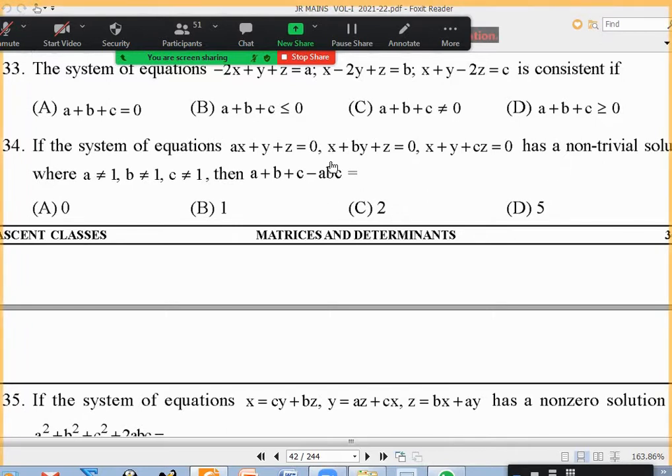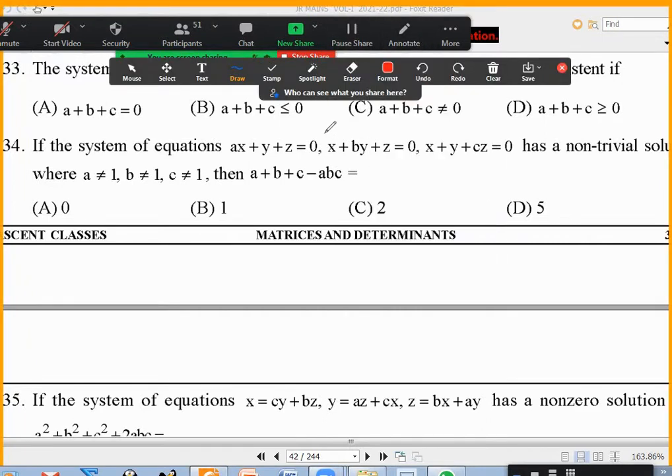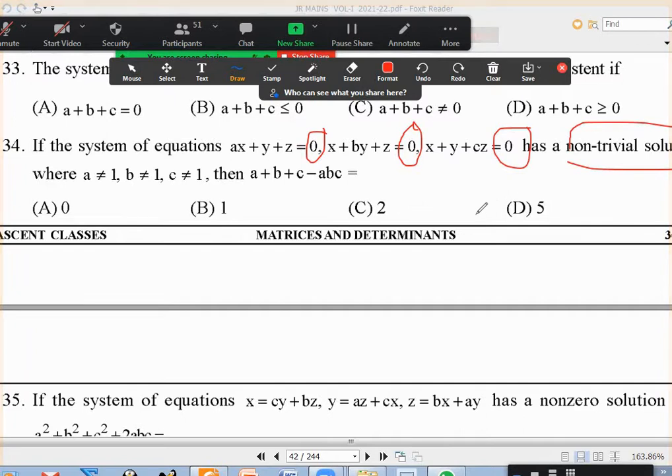One thing maybe I should have emphasized more. Whenever all the constants are 0, that is a homogeneous equation. I said only two cases, right? Delta not equal to 0, it is a unique solution. And what is that unique solution? X0, Y0 and Z0. If you want a non-zero solution or non-trivial solution, that is an infinite solution, delta should be 0.